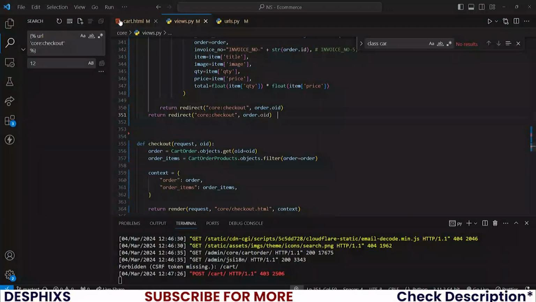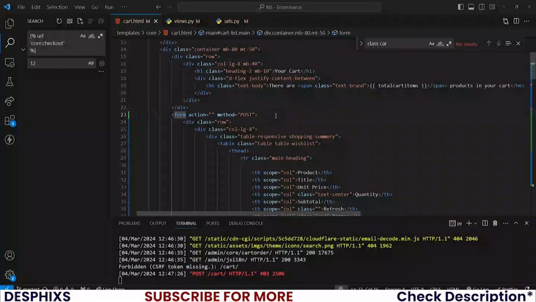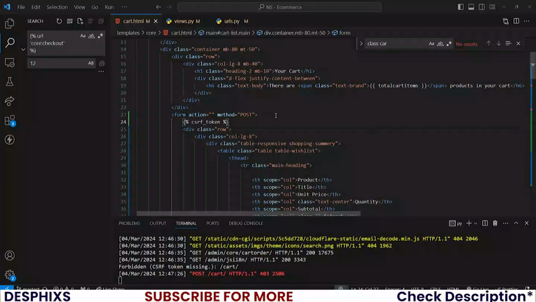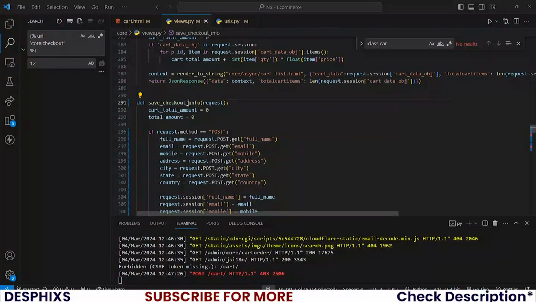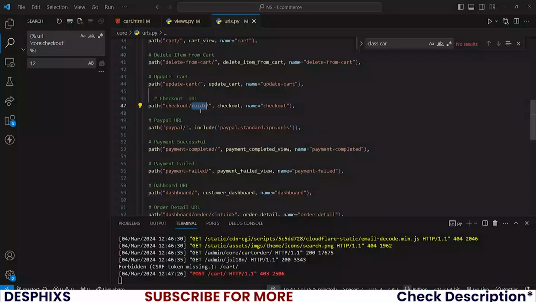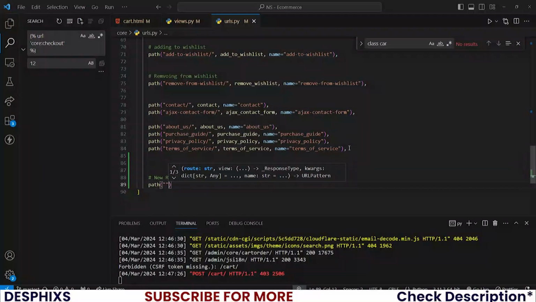That is good. So to fix that, in the cart page, scroll all the way to where we have the form. The very first thing is to add a CSRF token. And the next thing is to add the action to this save checkout session that we created. But before you can add that, you need to register it in the URLs, okay? So open up the URLs and new route. So somewhere here, we need to create a new path. And this one will be called,